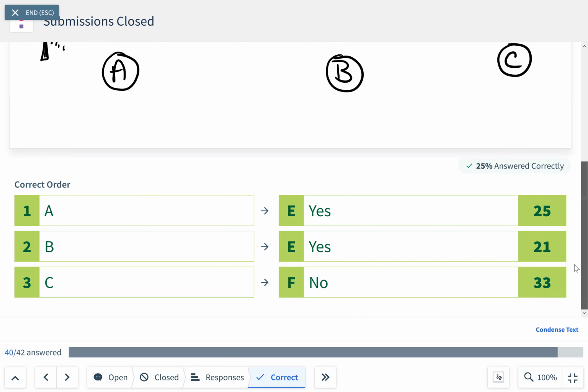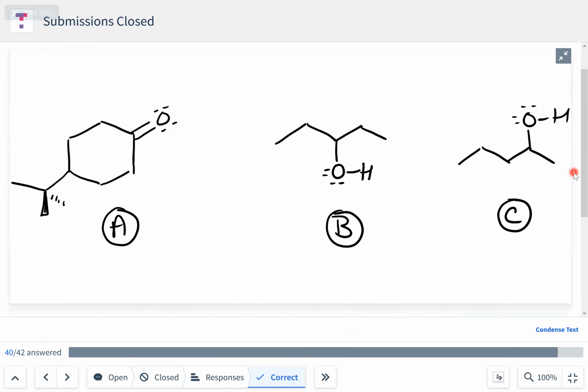Okay, so let's look at these. I'm going to draw this A as a chair because I think it's easier to see it as a chair. But the plane of symmetry basically bisects right down here, and then I'd have to change the way I draw this tert-butyl group to make it look good. So if this is our chair,